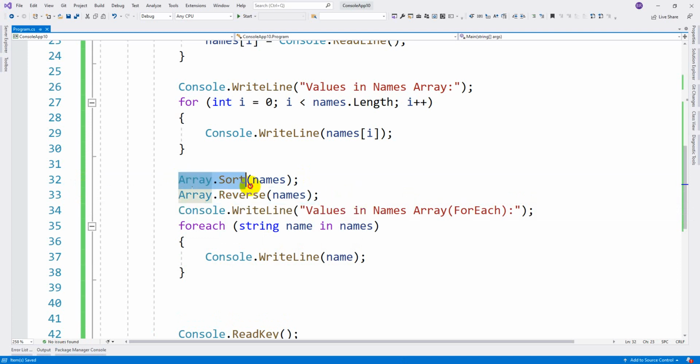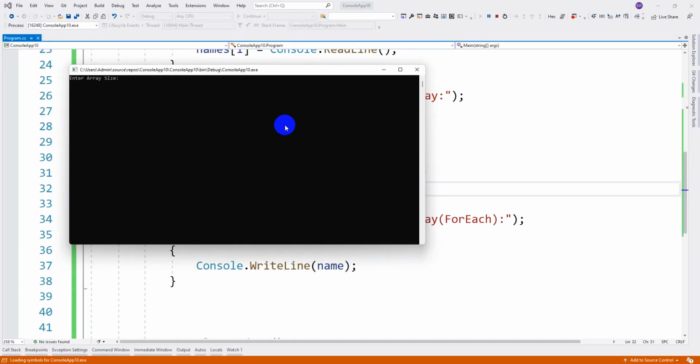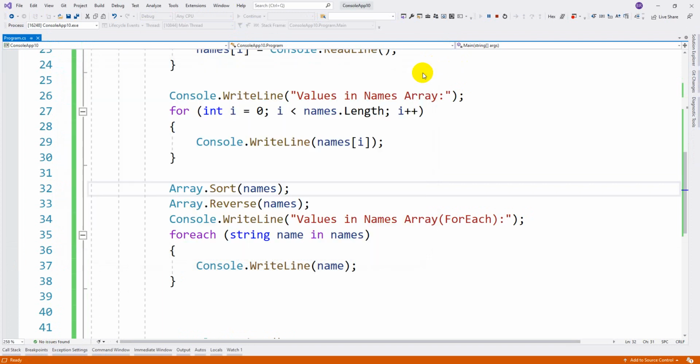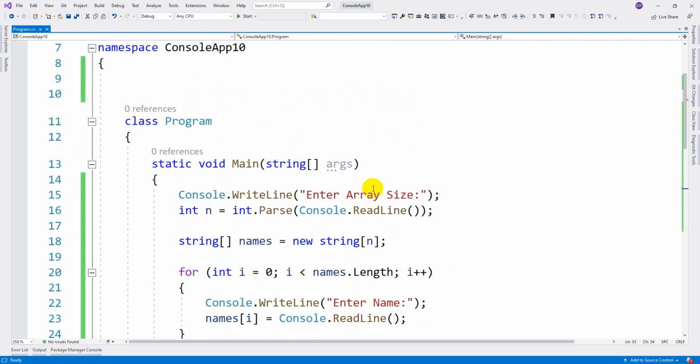After making it ascending and reversing, that will become descending order. So let's observe carefully. Array size 3. If you see this, it is descending order, where it started with B, H and J. Okay, this is how array can be operated.